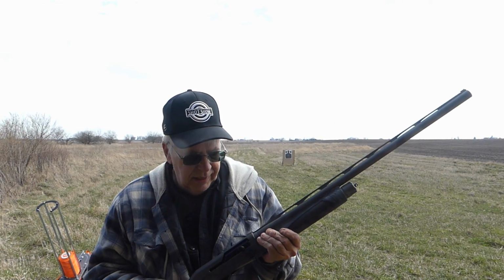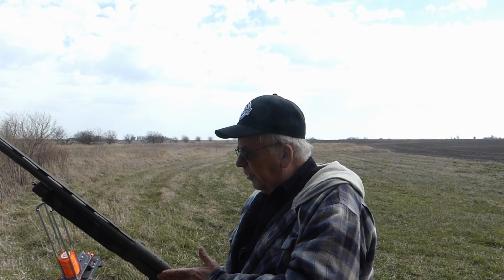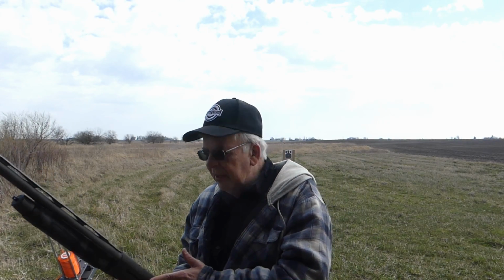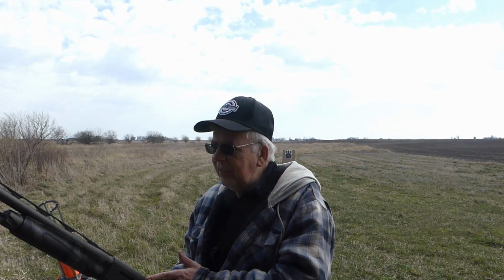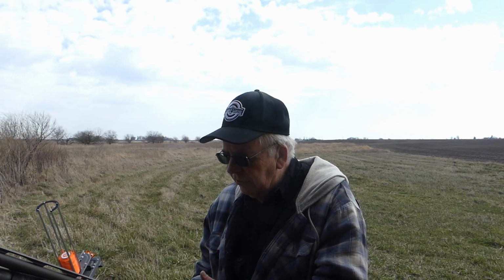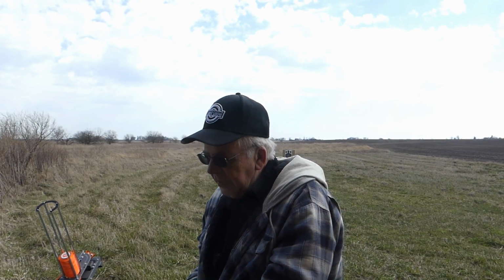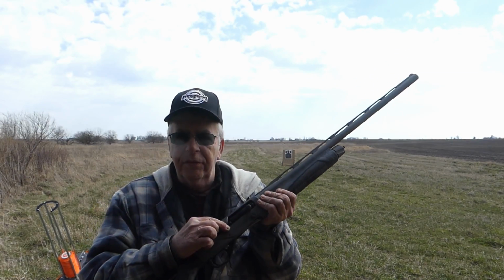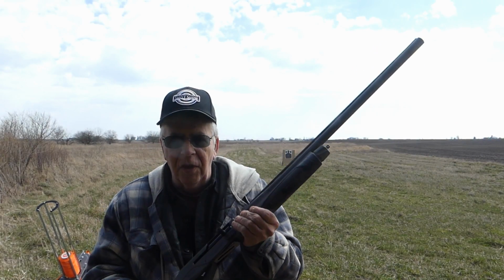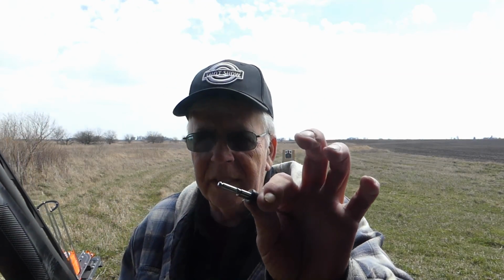I'm not left-handed. However, the charging handle can be removed and placed on the left-hand side. So this slot here, some people will say, oh, that's an entry point for debris. No, Weatherby's spent a couple years testing this in some pretty nasty, sandy, silty, muddy conditions, and it's just no issue. Actually, as far as entry point, you're not going to get much from anything that's coming down, and there would be an actually bigger entry point just on the ejection side. So, we can move this handle. The handle comes out, nice and easy,